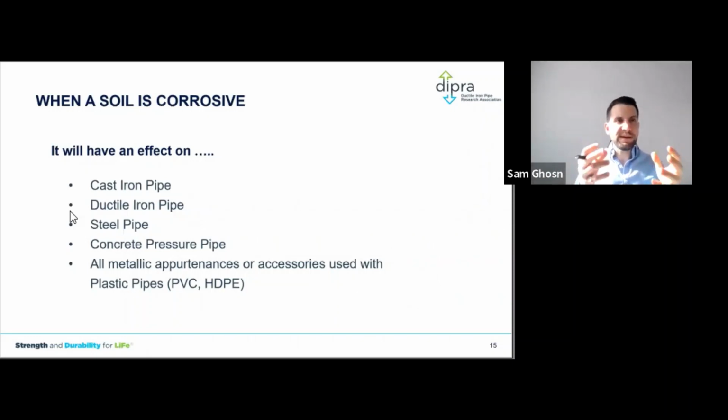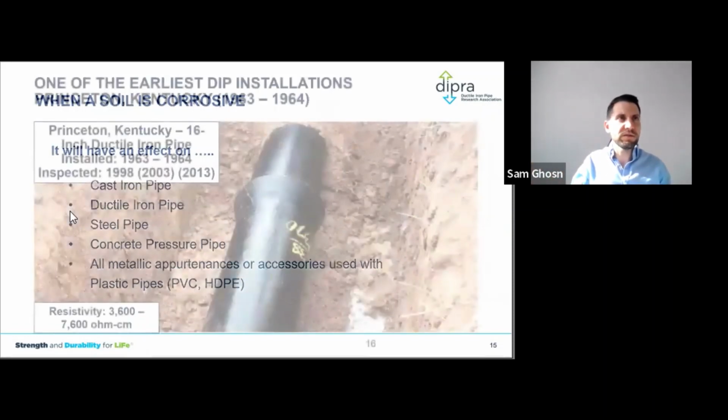So the fasteners should be protected as well, and they are susceptible to corrosion if soils are corrosive and you didn't treat corrosion very well. So you need to make sure that it's not only the pipe that's taking care of corrosion, it's all the components on the ground. So that's why we have a lot of research on corrosion control, not only on the pipe, but the entire system of ductile iron pipes over the years.